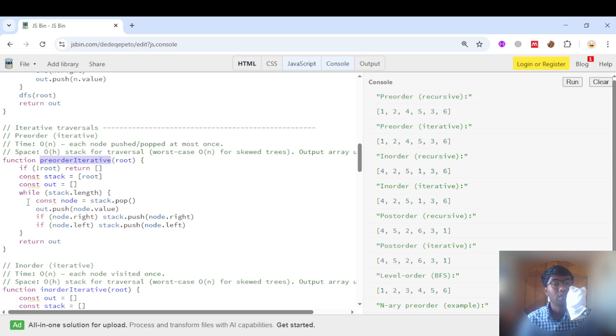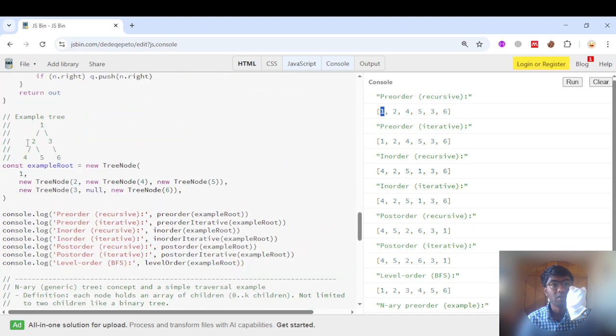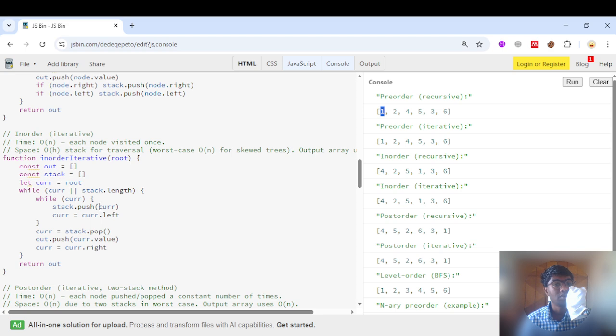So first we push out the 1, and then we are pushing 3 and then 2 as per the nodes that we have here, 3 and then 2. Then since 2 will be the last value, we push to the stack the right value, which is 5 and 4. And since 4 will be the last one which doesn't have any more child nodes,